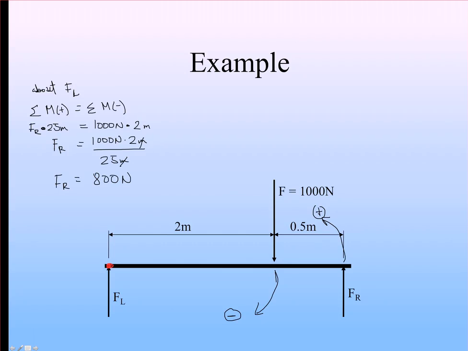Taking that into our previous equation, where FR plus FL equal 1,000 newtons, we can see that FL equals 1,000 newtons minus 800 newtons, because FR equals 800 newtons, so we move that over, and FL then equals 2